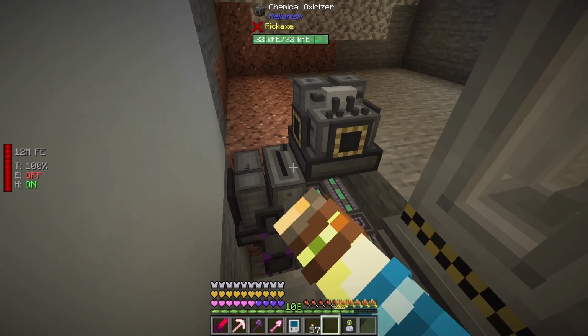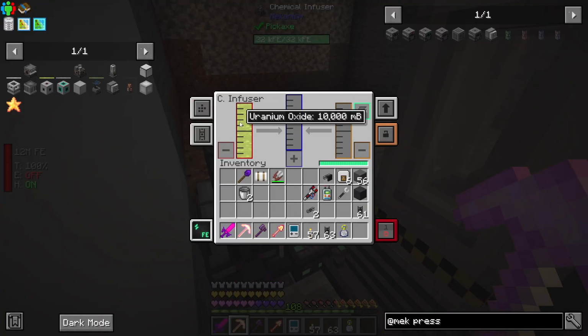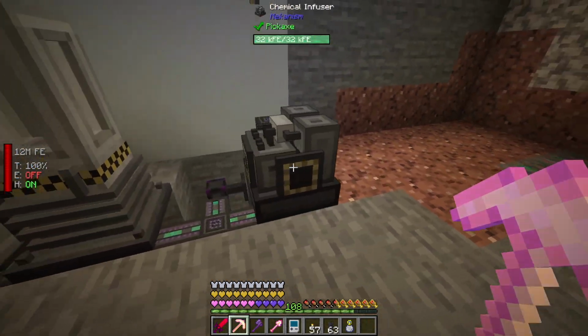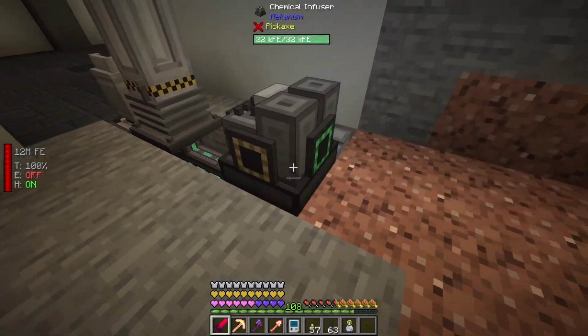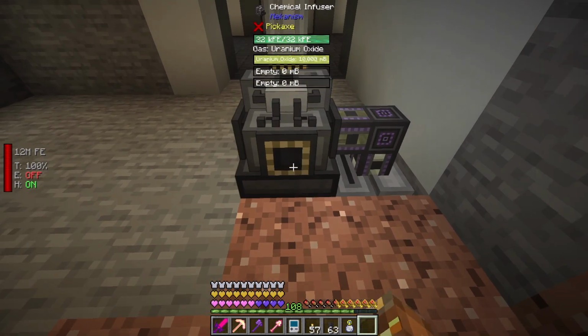And we're going to pipe out of the top of this into here. It'll just be a matter of attaching them like so. And we have the uranium oxide. I hope that doesn't cause an issue where this has to be coming into the other side. If so, we're going to have to flip this thing around. Actually, let's go ahead and do that. Let's just flip that around. We want this to be...